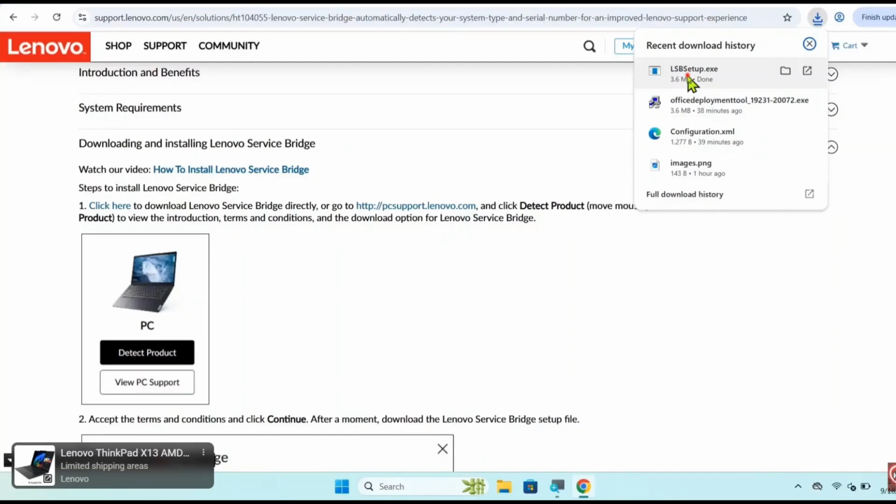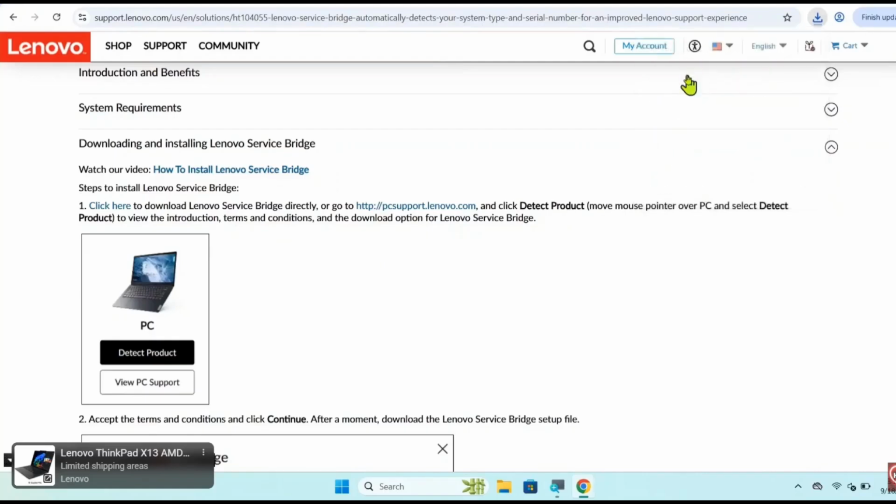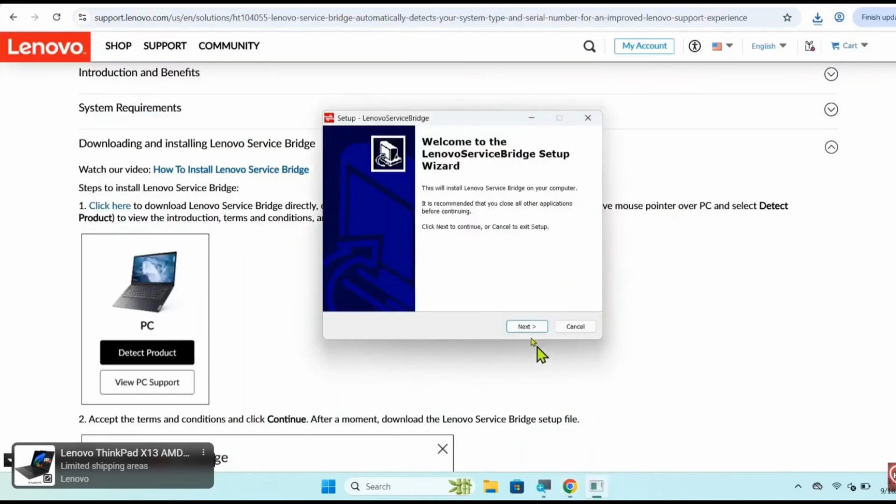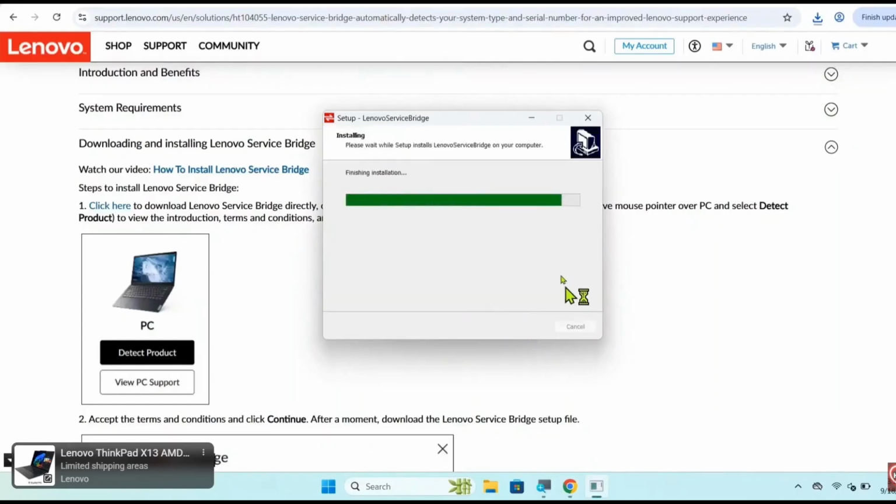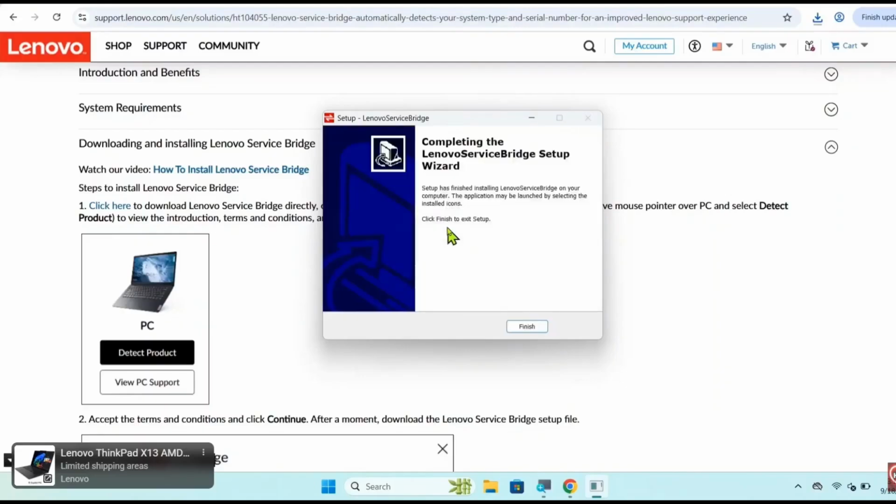When it has been downloaded, please just run it by clicking once here. Wait for the application to install and the initial installation screen will appear like this, friends. Just click Next. Then just click Finish.